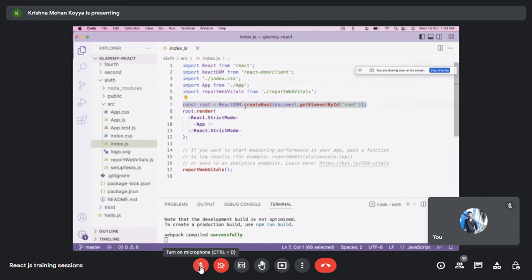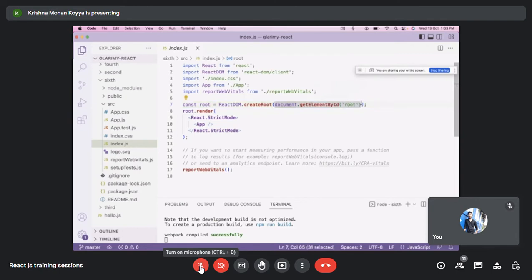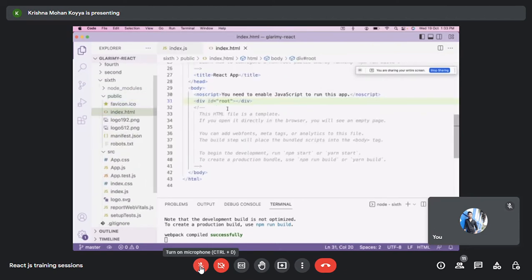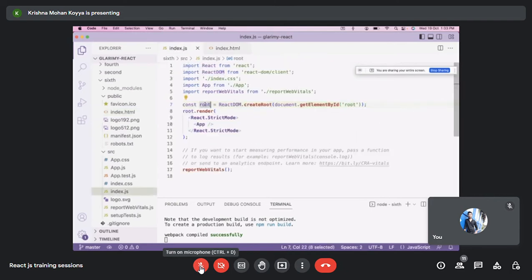What is it saying? Get a thing called root. It is a const, not let. This will not be changed after it is initialized. document.getElementById('root'). I am sure all of you are aware of this. If you have gone through my suggested pre-reads yesterday, by this time you should know what it means. It's saying that in the attached document, there is an element whose ID is root. We have seen it a while ago. It's saying fetch that element and create this as the root element. And then on that root element, render App